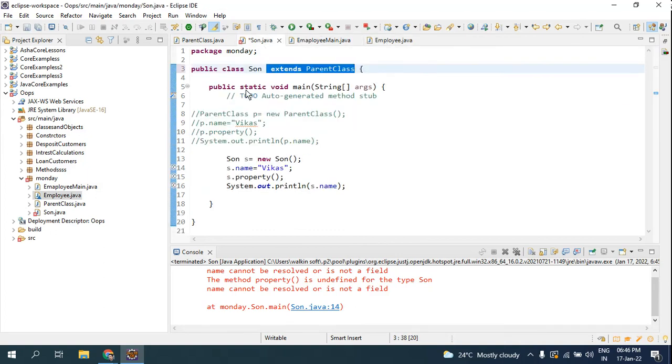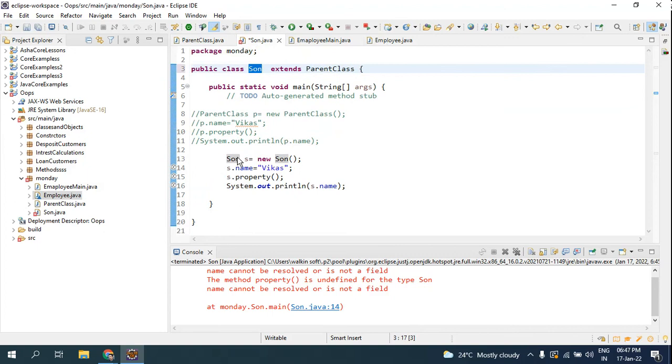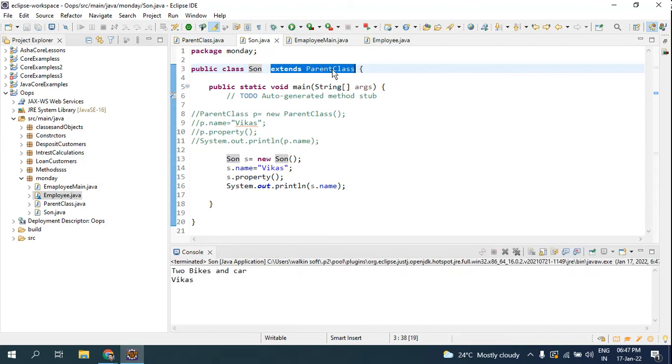But if you want to create an object of that particular class, son, and you have to access this class's attributes, that can be done by extending. What you are using, this is what we call inheritance. Whatever property the parent has, that has been extended by the parent class to the son. So now the son, who is Vikas, can have the parent's bike and car. So this is all about encapsulation, guys. Sorry, this is all about inheritance.